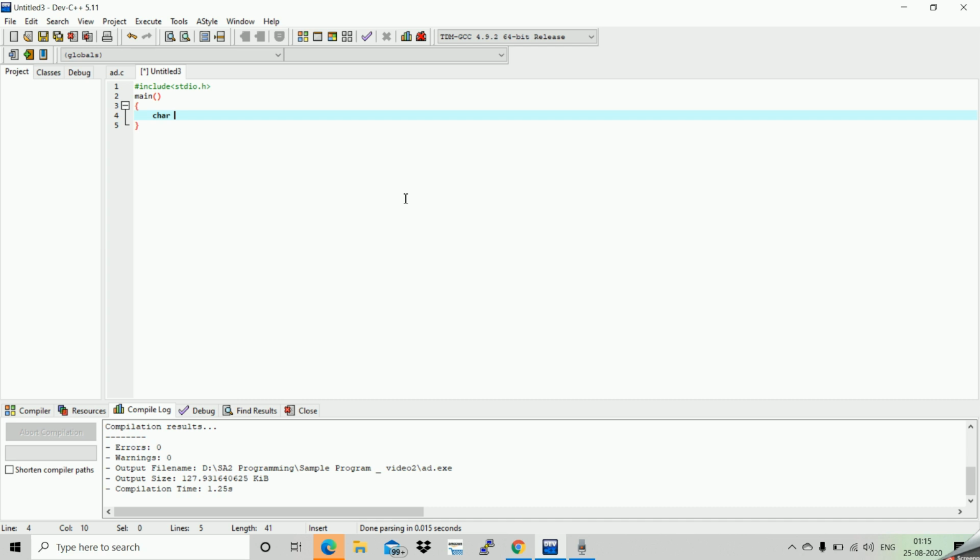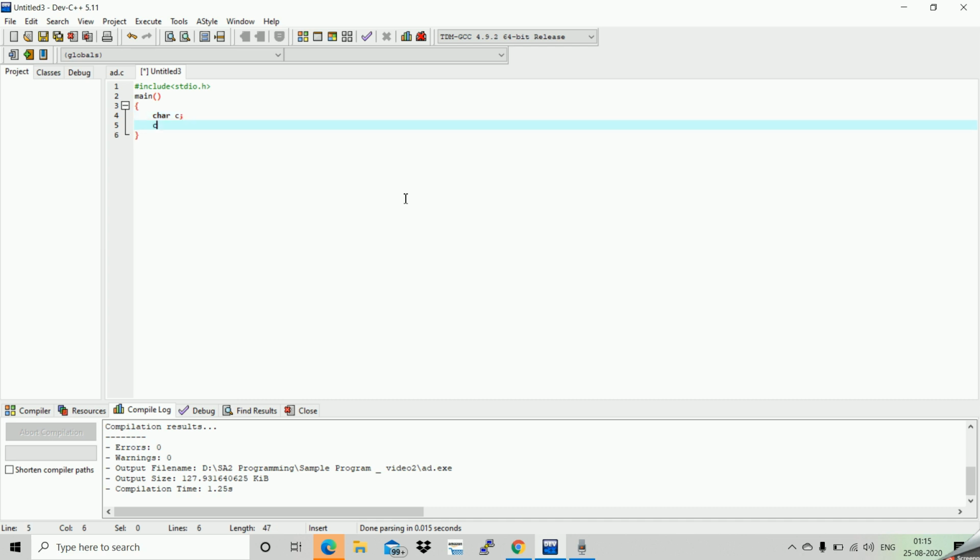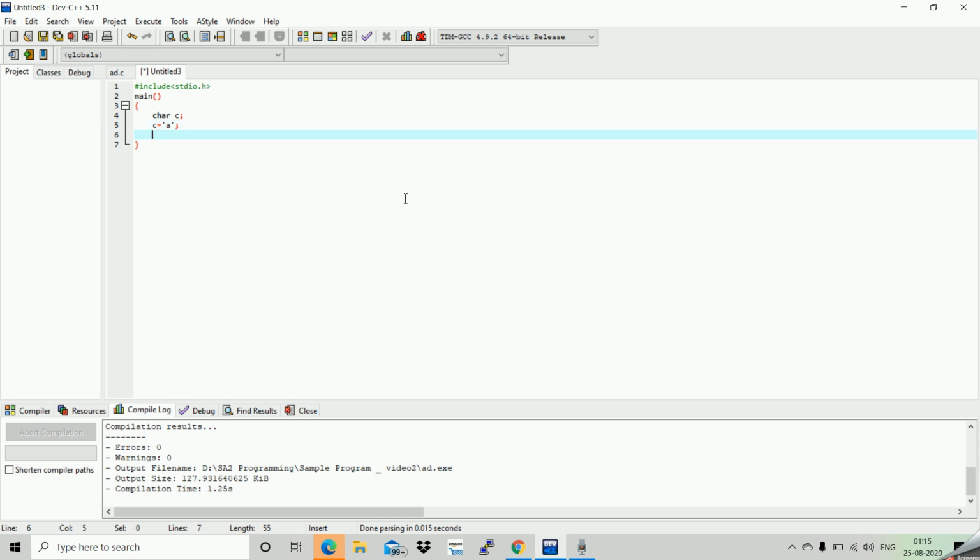So I will declare it as c, and then I will assign this c a character, let's say A. Then I'm just going to print this with printf. Here the data type specifier is %c, which is for characters, and then you need to write c.